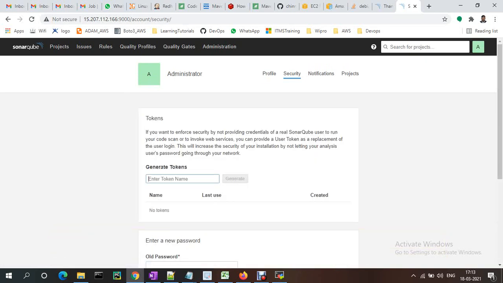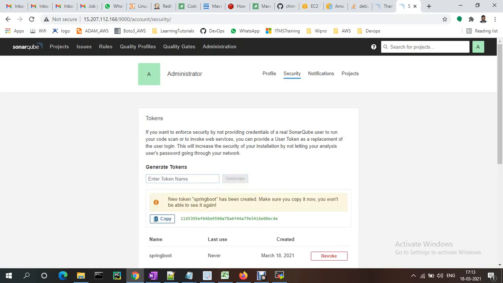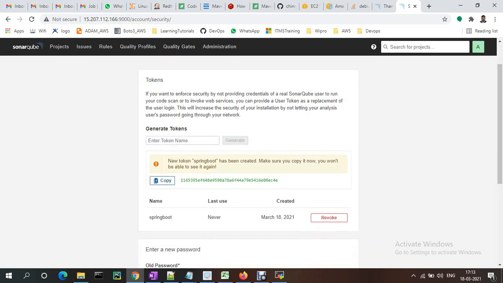I am giving a token name; you can give any name, it will be generated for the project. I am giving Spring Boot. So the Spring Boot token is generated. You just copy this one and keep it somewhere.